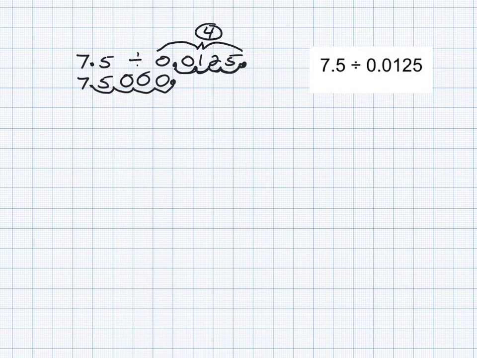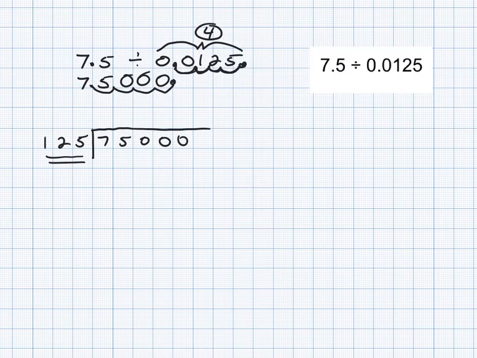Okay? So now I have 75,000 divided by 125. So it would be 75,000 divided up into 125 equal parts. If you don't like to turn the divisor into a whole number first and move the decimal in the dividend, you don't have to do that. You can still do the old standby way where we say